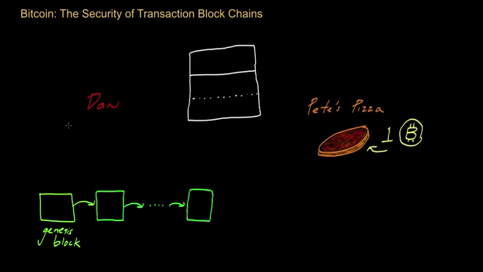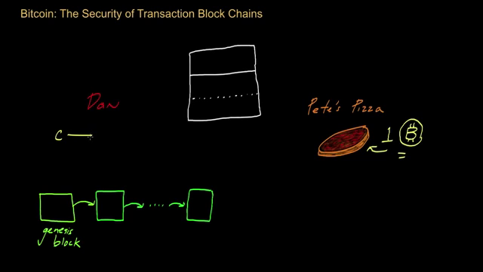So let's suppose that there is someone out there named Dan, and that Dan wants to order a pizza, maybe a cheese pizza from Pete's Pizza Shop. And let's say that Pete's Pizza Shop accepts Bitcoins as payment and that it costs one Bitcoin for a pizza pie. And imagine that Dan received previously, let's say he received 5 Bitcoins from his cousin Carol.